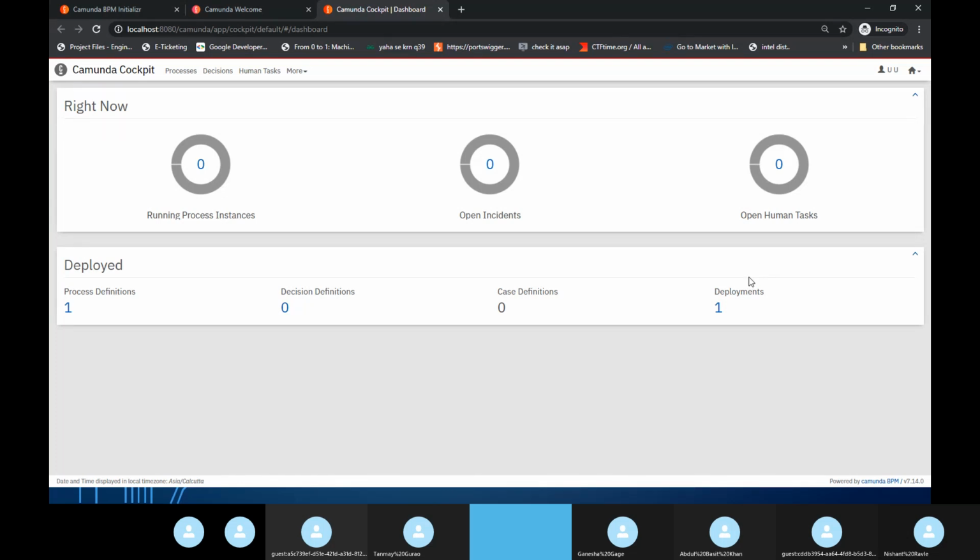So I will modify the permissions in Tanmay's authorization, and there I will say that only this client or tenant ID should be visible. This is a dashboard where I will see what is running, what are incidents, what are human tasks, what are running process instances. Let's execute a workflow, then we'll talk about it, so that you will be able to correlate.